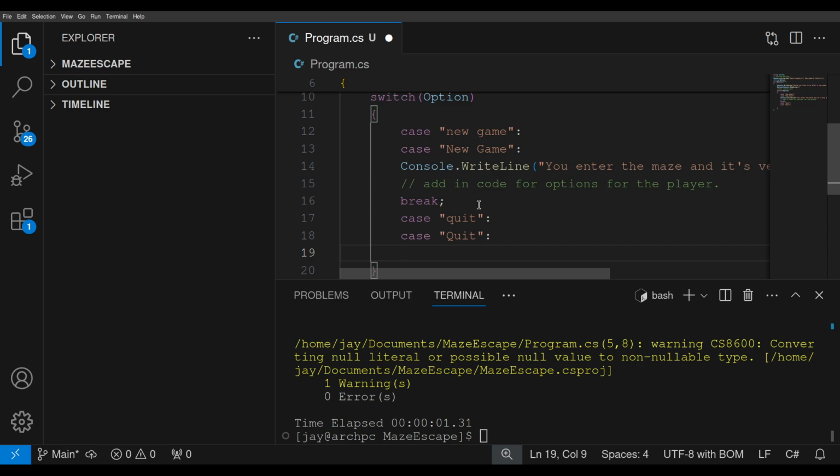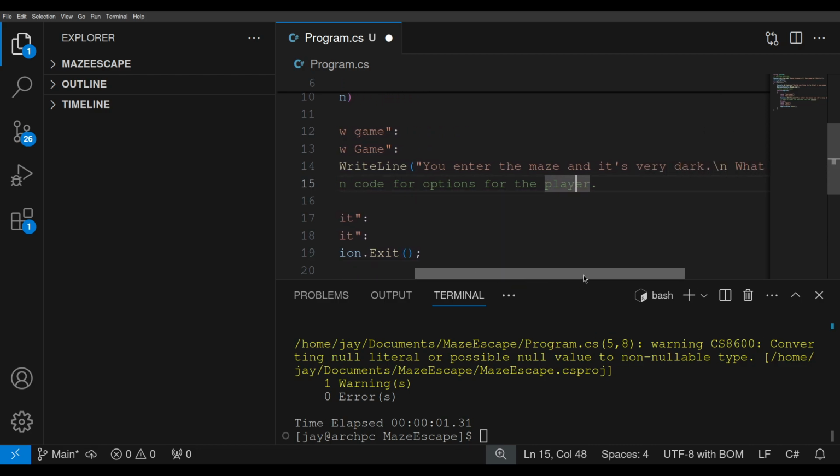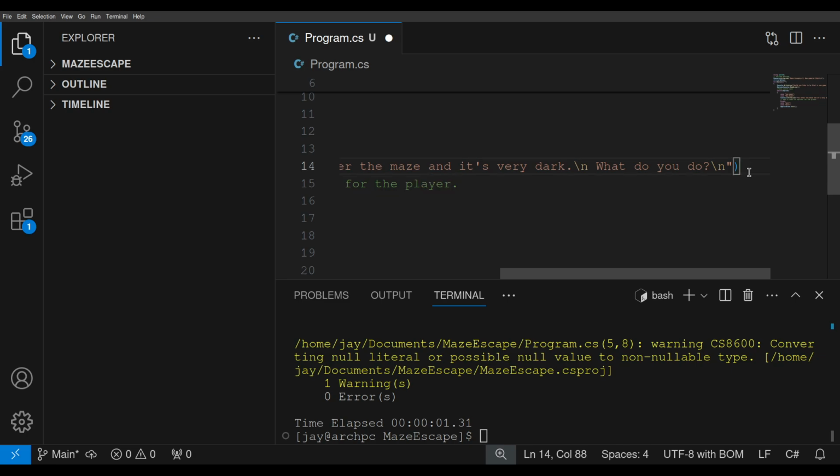And then I think you do application dot exit. If I remember correctly, it is application dot exit or system dot application dot exit. People will be like, oh,